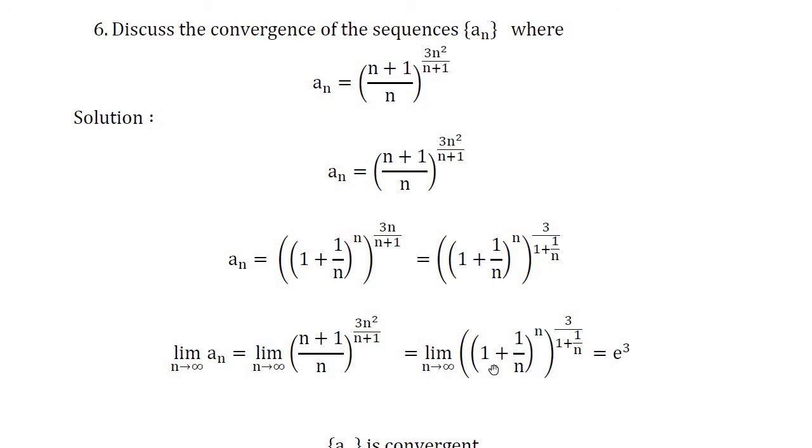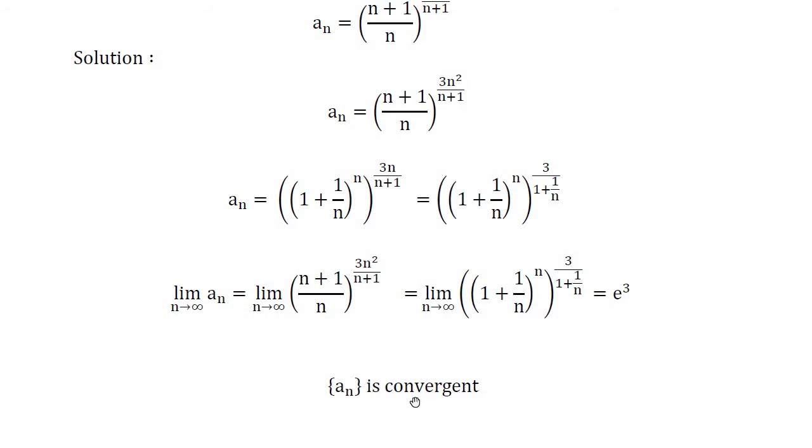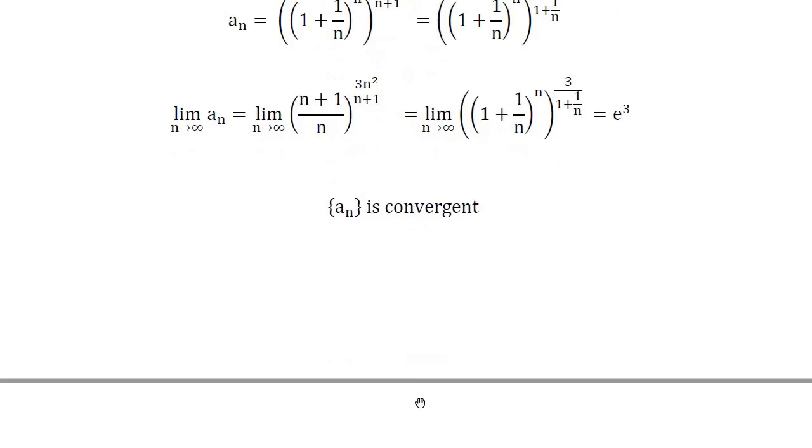Apply the limits to this one. We get limit of (1 plus 1 by n) whole power n to the power of 3 divided by 1 plus 1 by n as n tends to infinity. The value of (1 plus 1 by n) whole power n is e to the power of 3 divided by 1 plus 0, that becomes e cube. Hence the sequence an is convergent. Next one,